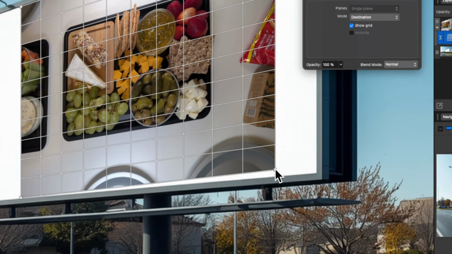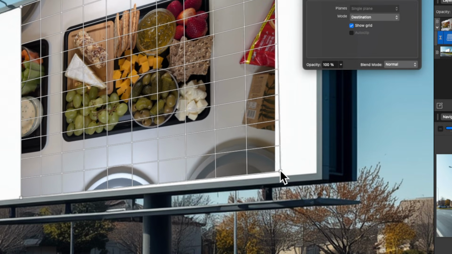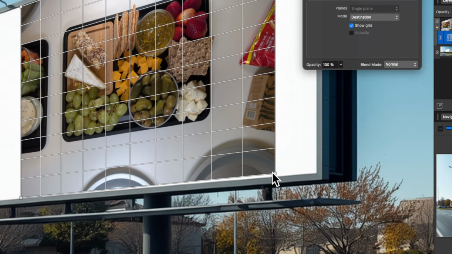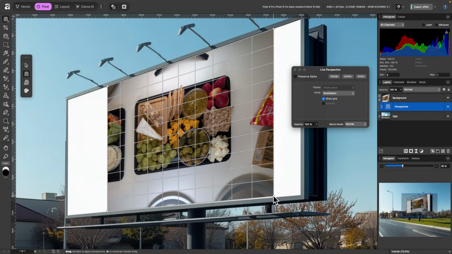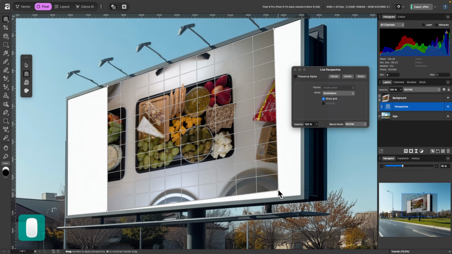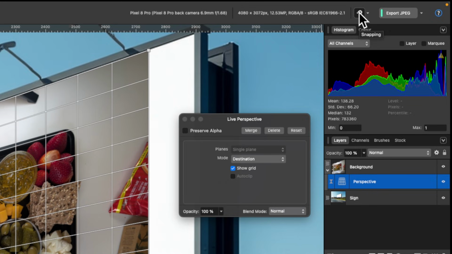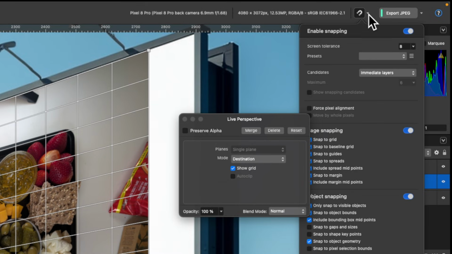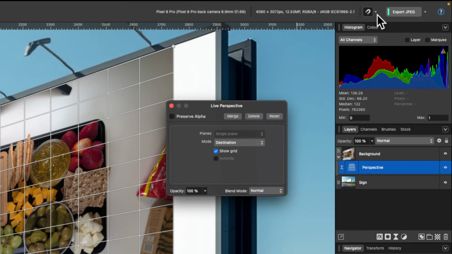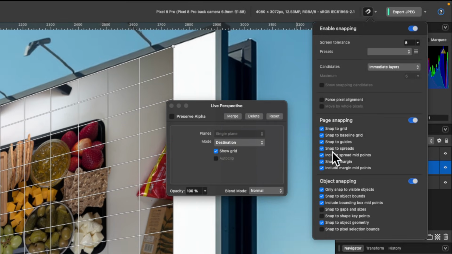And the reason it's going so well here is, you see it's snapping into place. Why is it doing that? Well, it's snapping to the node above there. And the reason that is happening is because I have snapping turned on. So at the top there, you'll see a magnetic icon. That is snapping. It's toggled on right now. And if I click on the little arrow next to it, you can see all of the options. There's so many of them: snap to grid, snap to guides, snap to object bounds. I've just left it as default, so you can play around with that to help you with this